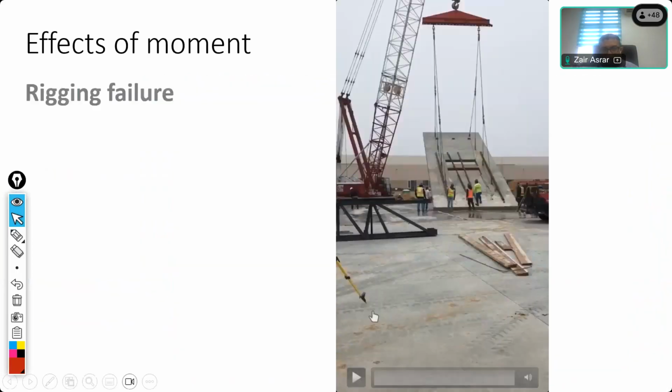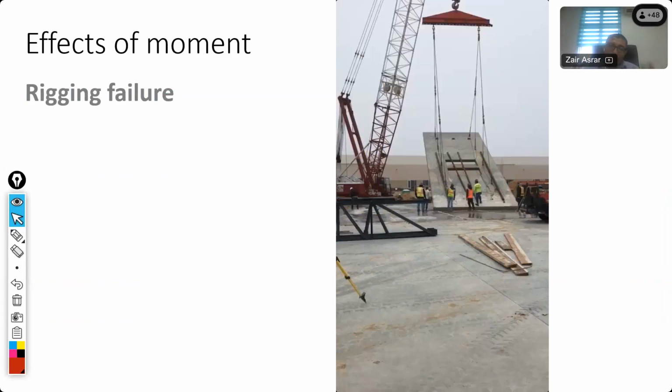This is another example of rigging failure. Everyone knows what rigging stands for. Rigging means you are moving something by hoisting using cable and so on. So that's what we call rigging. This is a very common activity that we do in industry and on site, especially moving a heavy object from one location to the other. When we want to install our machinery, we have to move it. Normally we do it using cranes, and we have to support everything. And when we support everything, it means that we need to ensure that all the forces will be in equilibrium such that nothing will fall down.